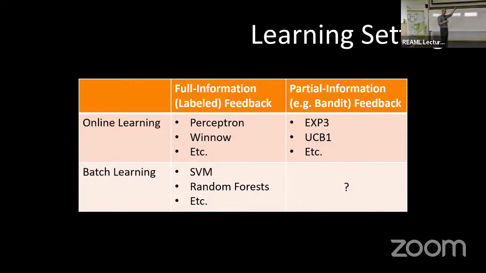But we don't have that, right? Nobody tells us what the correct action to do, what the best action is. We just get to see what was the reward under the action that was chosen by our potentially somewhat crummy logging policy. And so what we're doing is in that quadrant, right? You want to do batch learning from partial information or bandit feedback. That's close to a reinforcement learning problem. But the main difference here is that we're ignoring state, which gives us algorithms that are much more tractable and efficient.